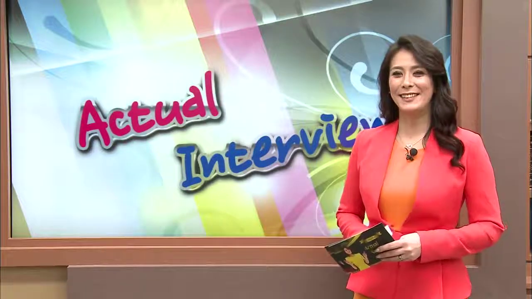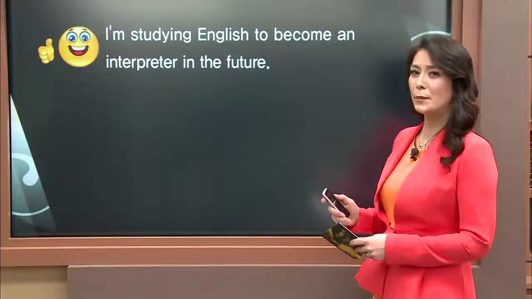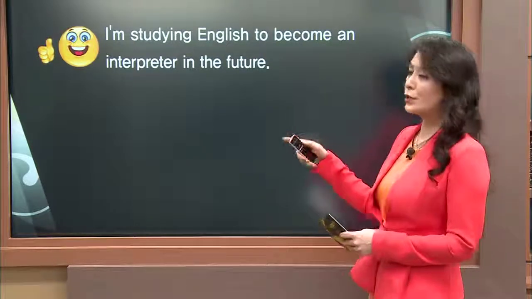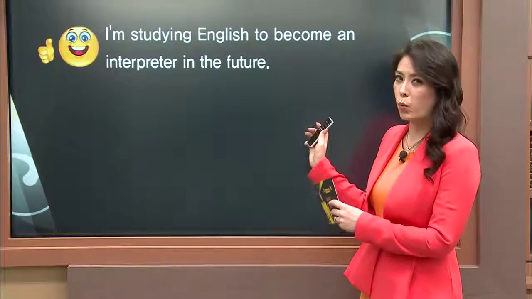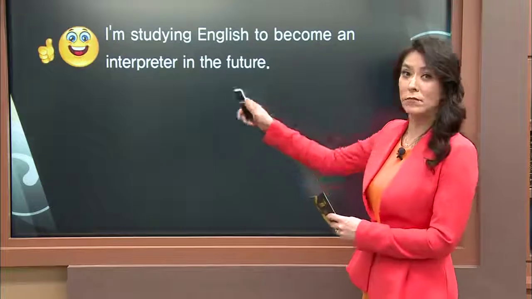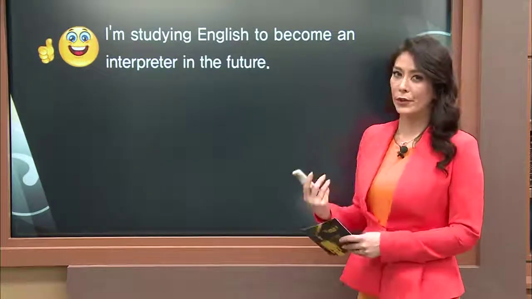Okay, but we're going to take a look at exactly what she told us as she was telling us about herself. The question was, tell us about yourself in as much detail as possible. You heard the word detail, meaning give me details about yourself. Let's take a look at how well she did. Well, I thought it was wonderful how she said, I'm studying English to become an interpreter in the future. This is wonderfully structured, okay? She's telling us about what she is doing, studying. Why? Well, in order to become an interpreter in the future.